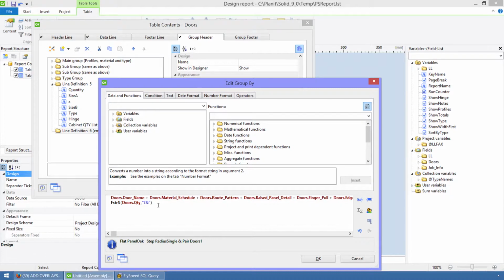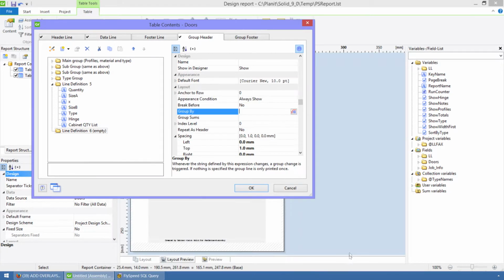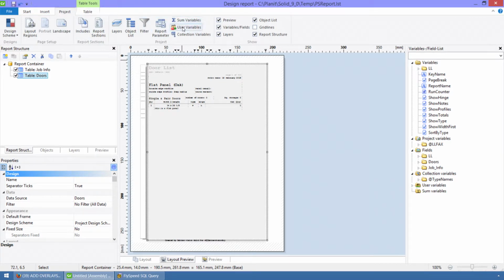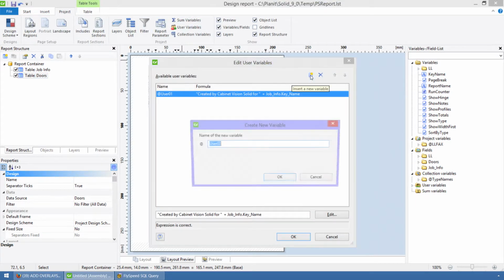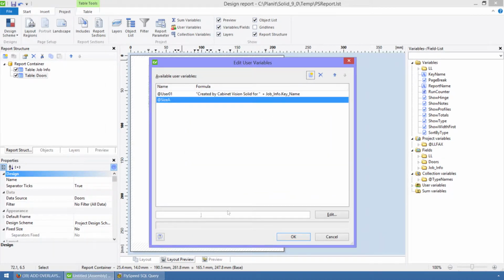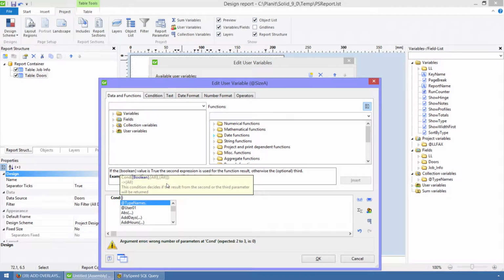Actually, let's go ahead and copy this whole thing to our clipboard because I missed a step here. So we're going to hit cancel, hit OK, and go to the project user variables and create a new one. We'll call it size A. Hit OK. And in this one, we're going to edit, and we're going to type condition, C-O-N-D, show width